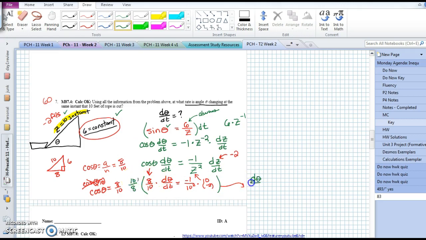So I'll get d theta dt, which is what I wanted, equals a negative 1 times a negative 2 is now 2 over 10 squared times my 10 over 8. Those cancel, becomes a 4, and we're looking at one over,